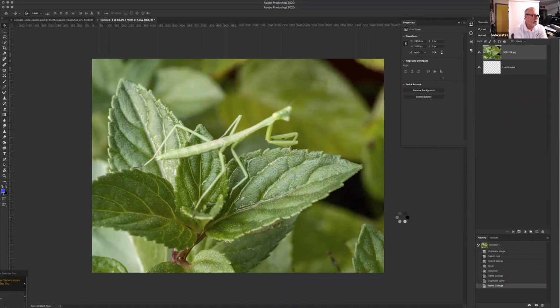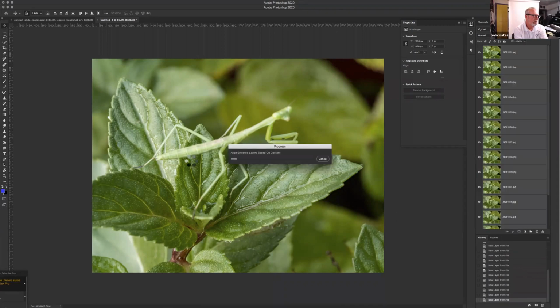I found this little guy in my mint. This is a mint sprig in my garden in the back, and it's probably about that big. The praying mantis is probably, again, this big. So, taking a